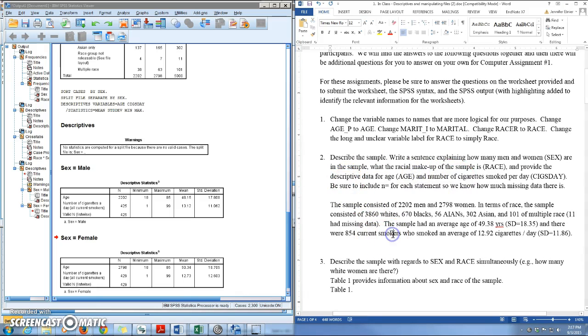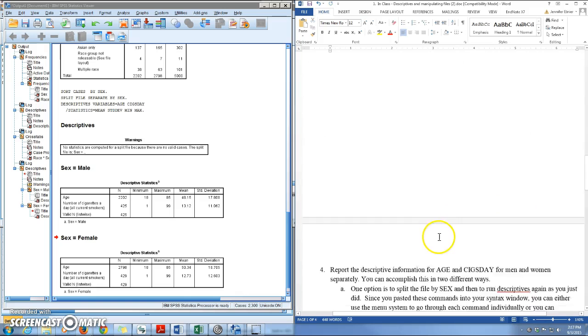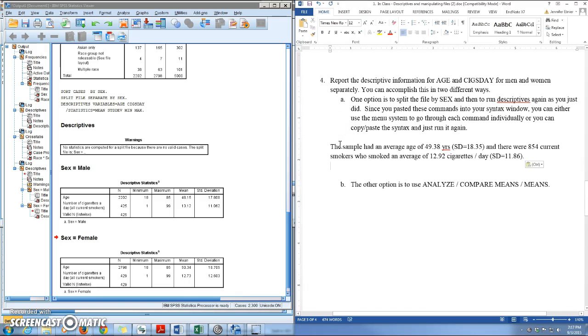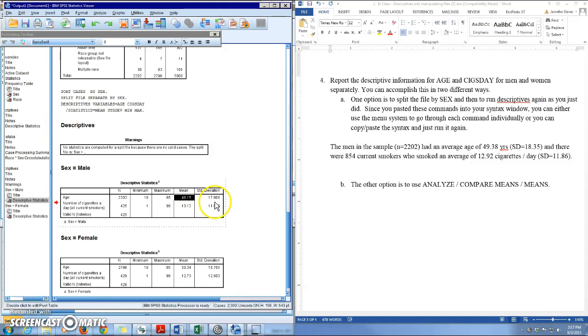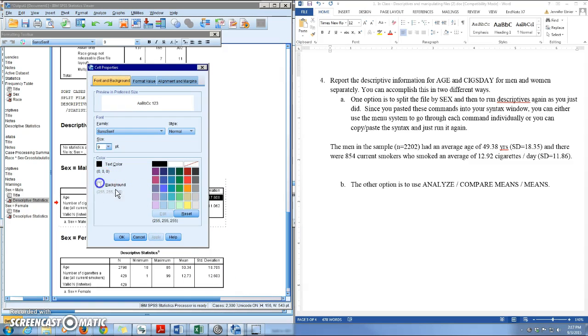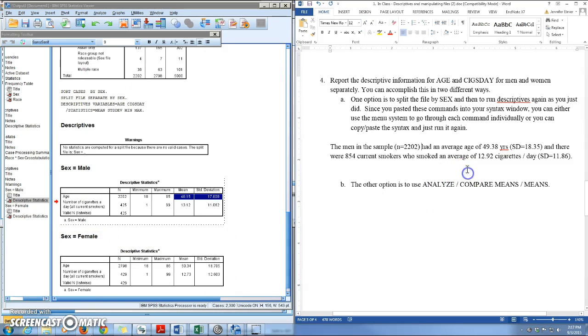Here it is, and just paste that down here to save myself a little bit of time. So I'm going to say the men in the sample, and here I can put n equals 2202, had an average age of, and that's where I want to come over here and highlight the cells. I'll do this one first. I'm going to highlight the cells, switch the background to yellow. So I can say the men in the sample had an average age of 48.15,